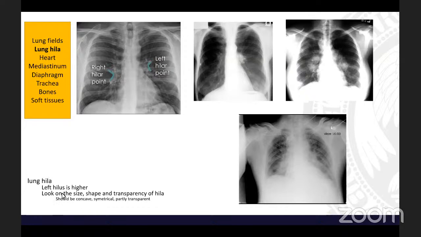And the size is important, but not just size, but shape and transparency. Shape means they should be concave like this, because this is made by vessels. If it's not concave, it's